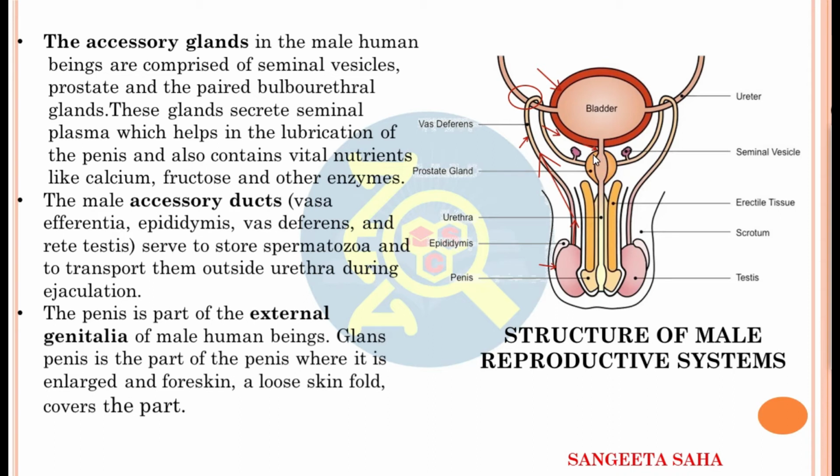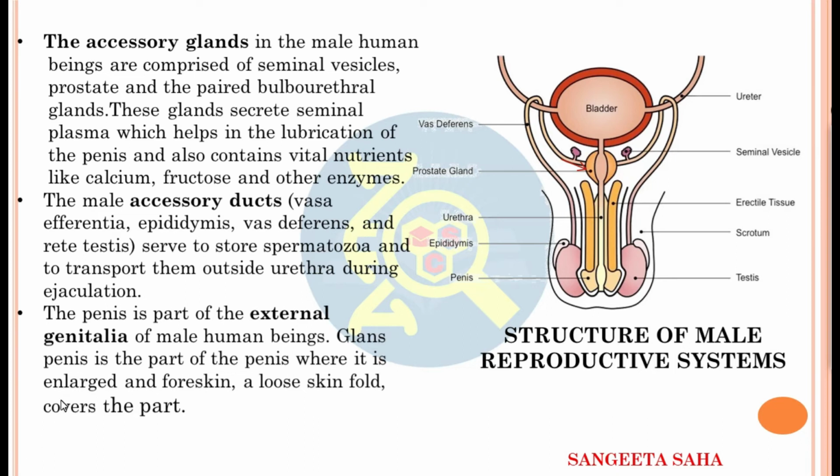That is the urethra and the sperm. The urethra is bringing the urine from the bladder and the sperm from the vas deferens, because the passage is common here, this part. And this part, which is carrying both the urine and the sperm through the same passage, is known as urinogenital duct.